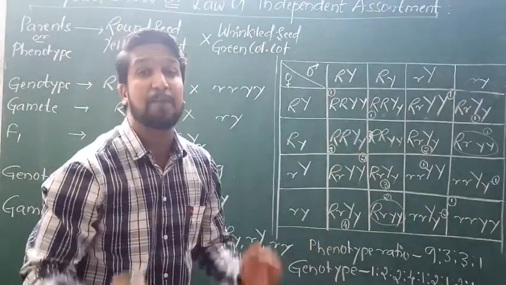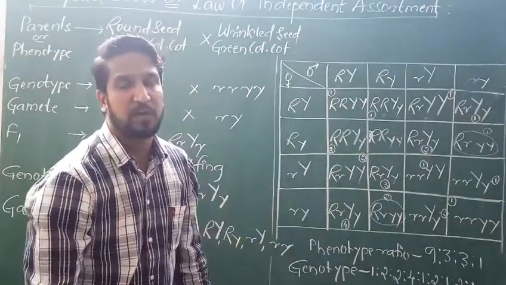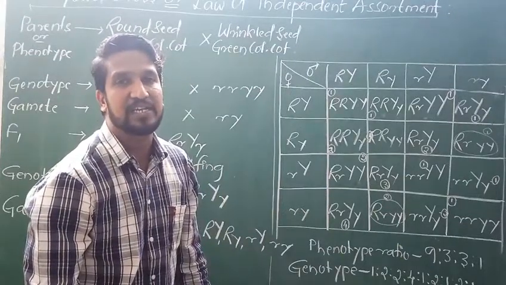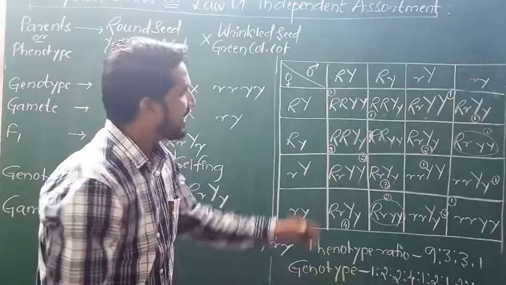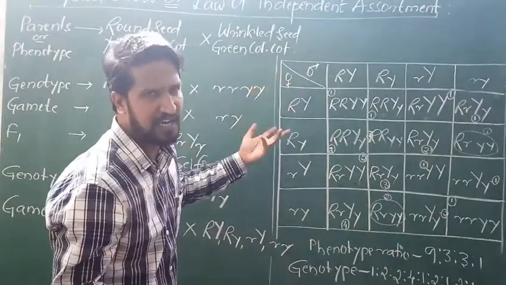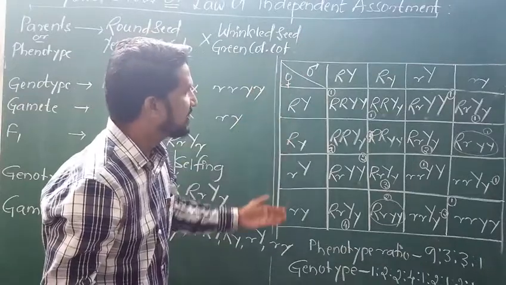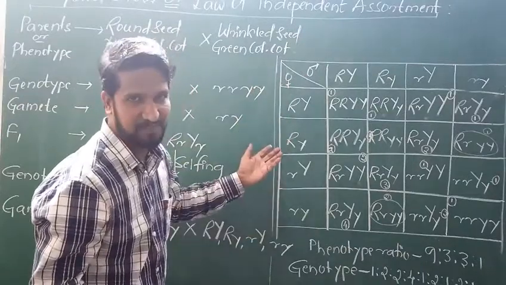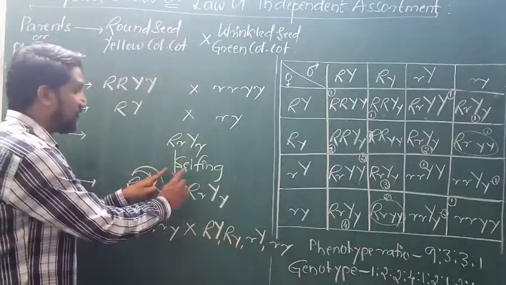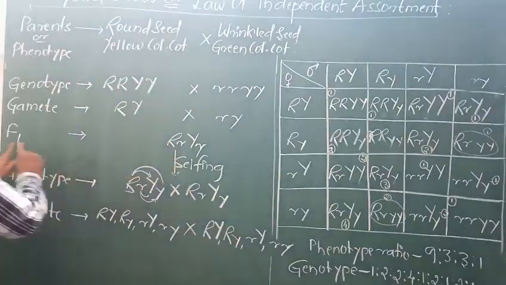It is also called a Punnett square. Reginald Punnett is the scientist who discovered it. There, one is taken as a male and the other as a female. You can take any one, because both contain the same gametes, as we have selfed. Here the selfing is made from F1.